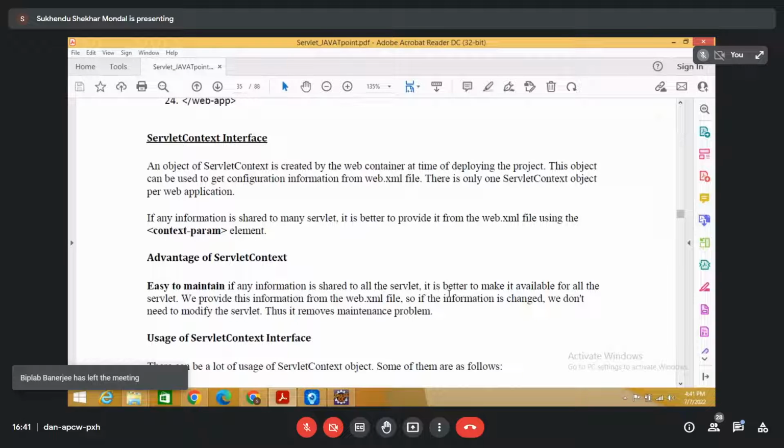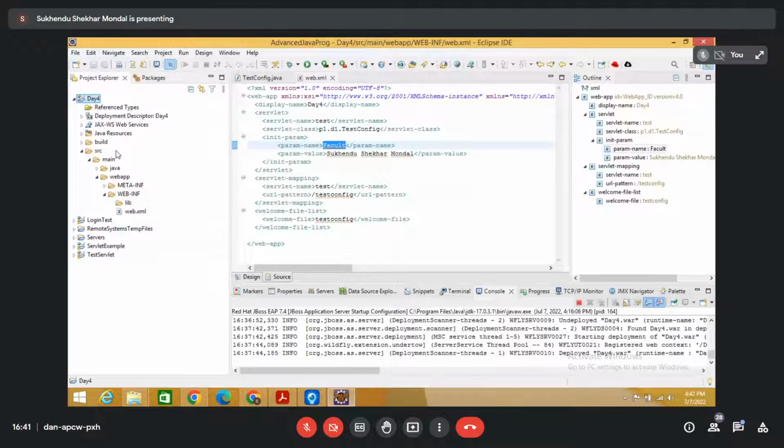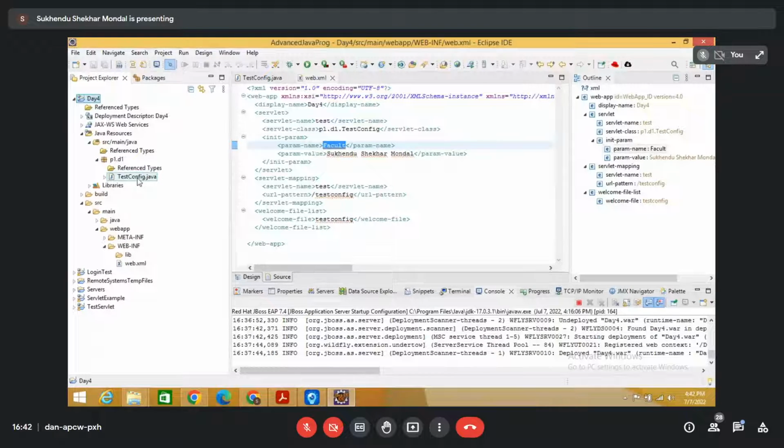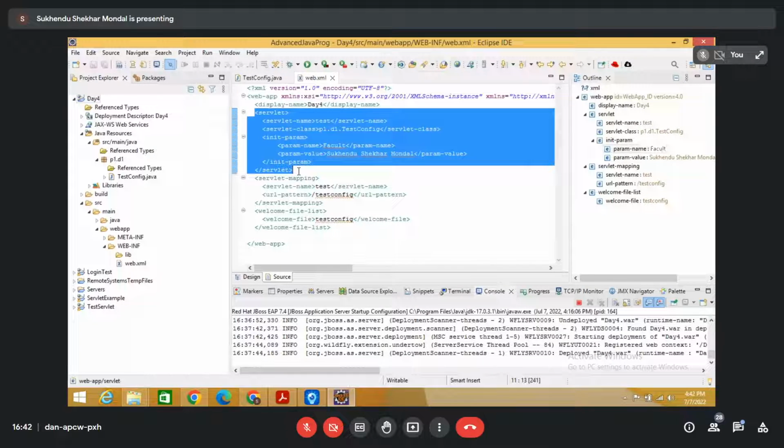ওখানে বলছিলাম যেমন আমাদের এখানে যদি প্রজেক্টটা তোমরা দেখো, তো এই প্রজেক্টে আমার একটাই সার্ভলেট আছে, p1 d1 এ, দ্যাট ইজ টেস্ট কনফিগ। তো টেস্ট কনফিগ একটা সার্ভলেট ক্লাস, এরপরে যদি আমার একটা থাকে profile.java, that is another servlet class. So এখানে কি হবে, তোমার তাহলে যত সার্ভলেট ক্লাস প্রত্যেকটার এরকম করে সার্ভলেট বলে তার ডেপ্লয়মেন্ট ডেসক্রিপ্টর থাকবে, লাইক দিস ওয়ে।